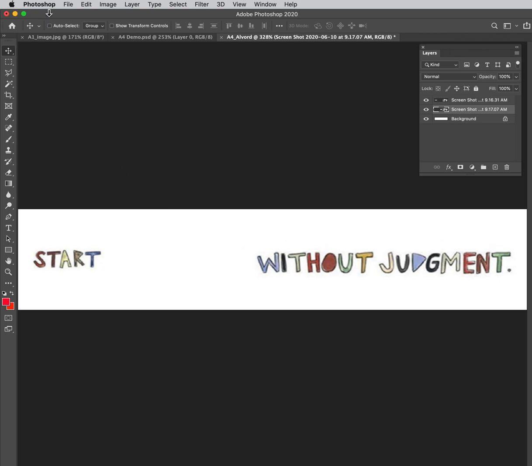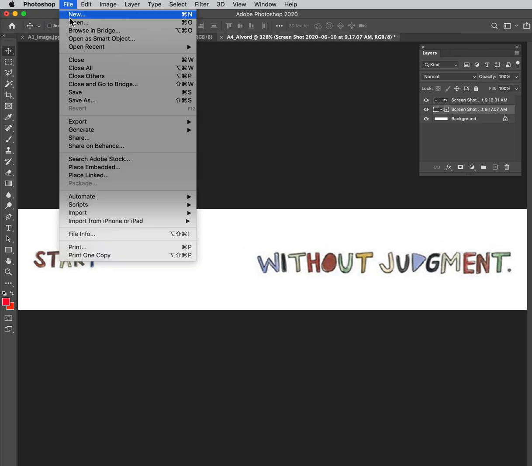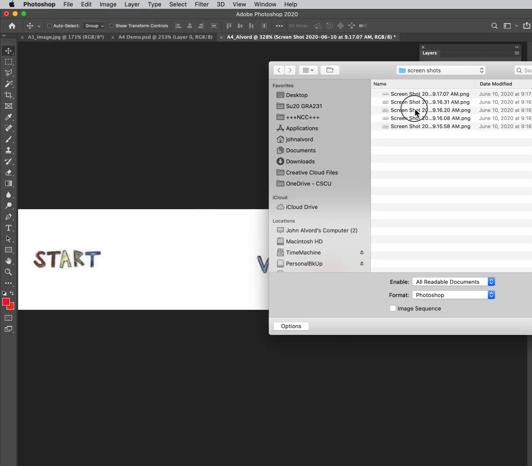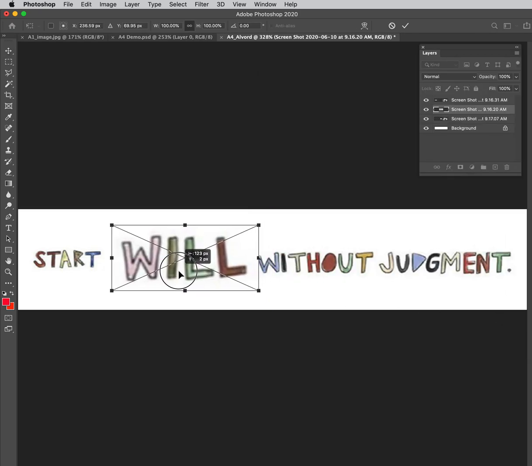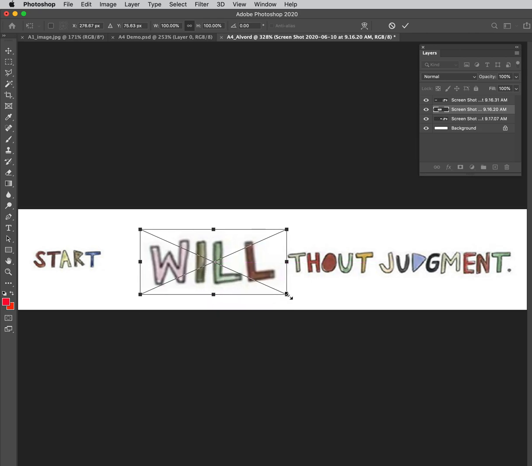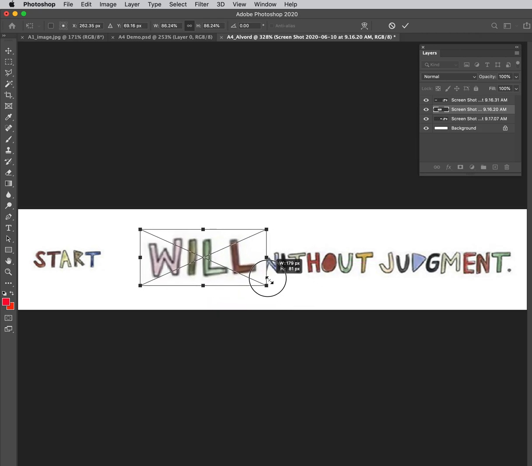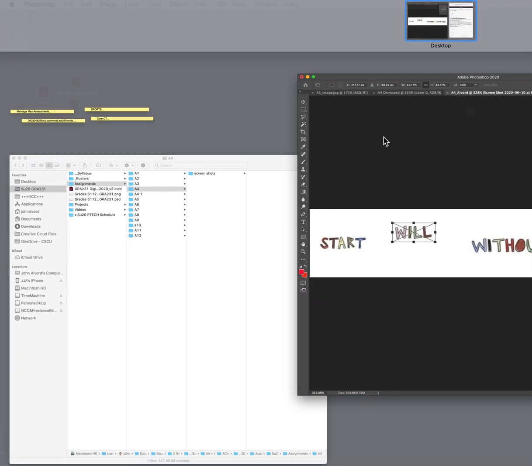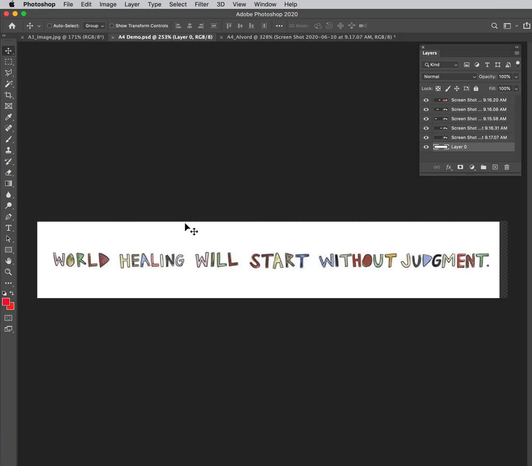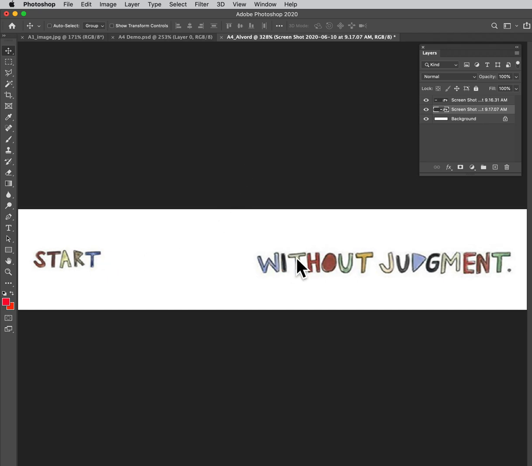All right, and then I go under the File menu, down to Place Embedded, find the third screenshot, I hit Place, and it looks like it's just a word that I'm going to have to, let me see, "world healing will start." Okay, so that's the third word, so I'm going to have to do some,